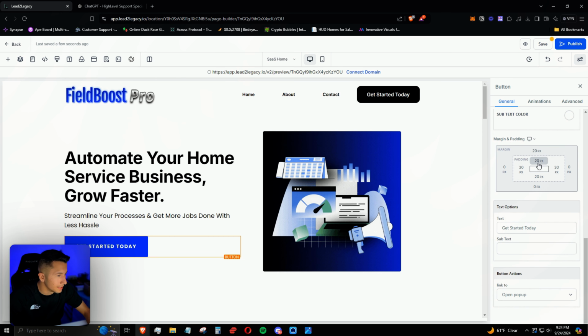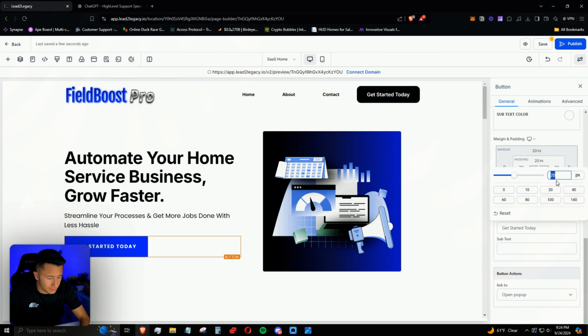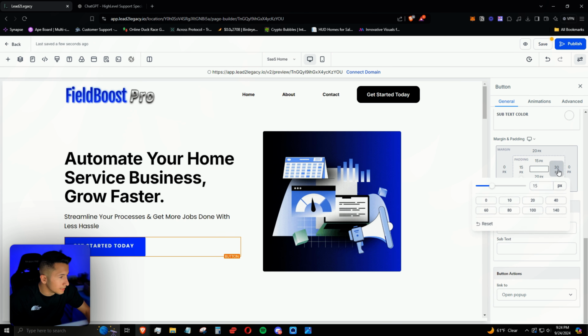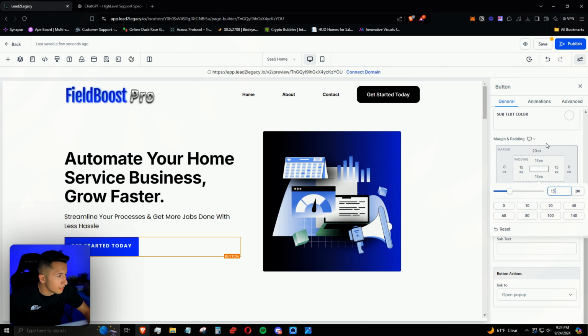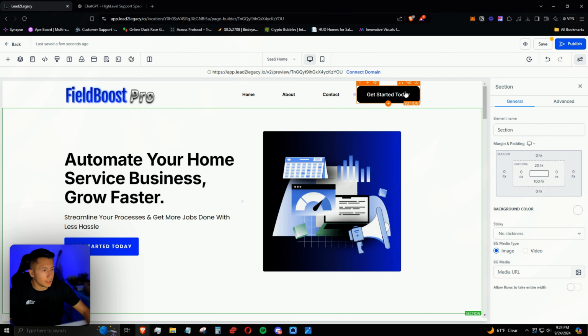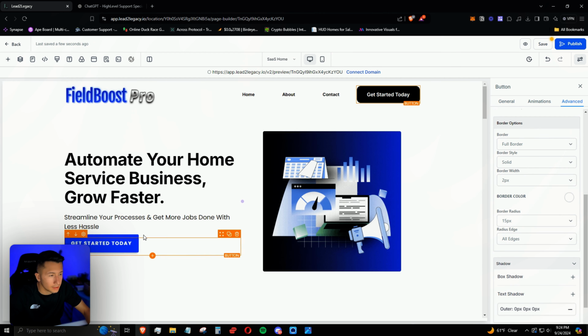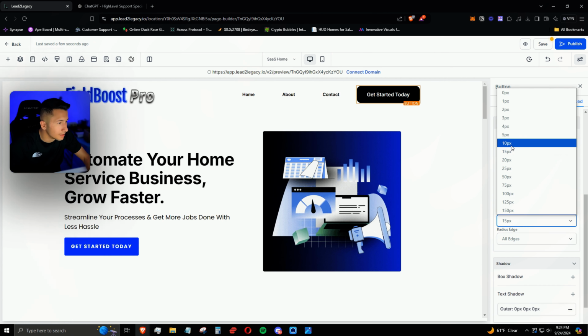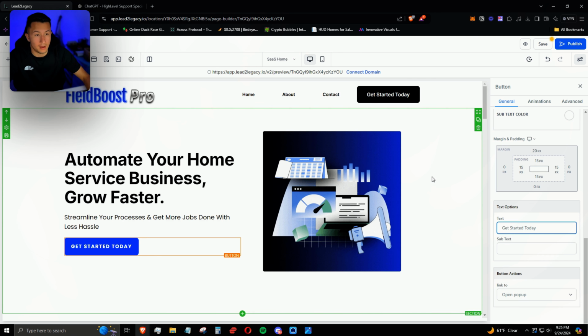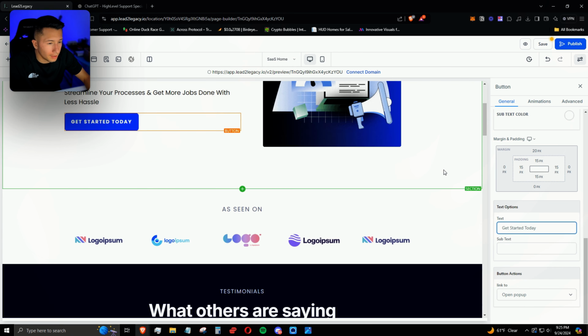15, 15, 15. All right. So we got 15, 15, 15, and 15. Cool. And what radius do we have here? We have 15. Actually, like 10. So, all right. Let's just move on and